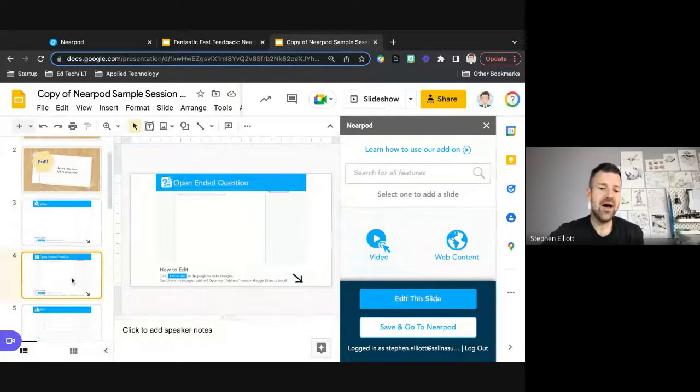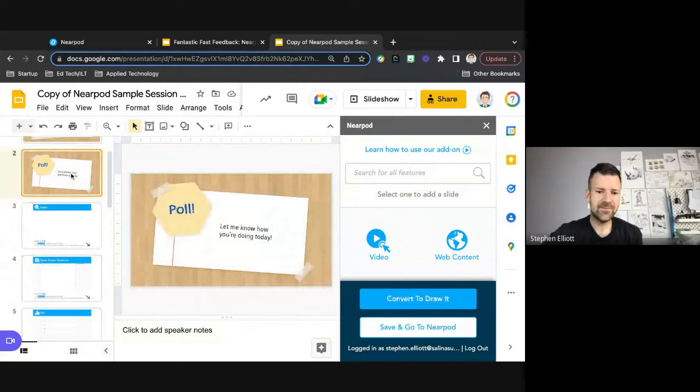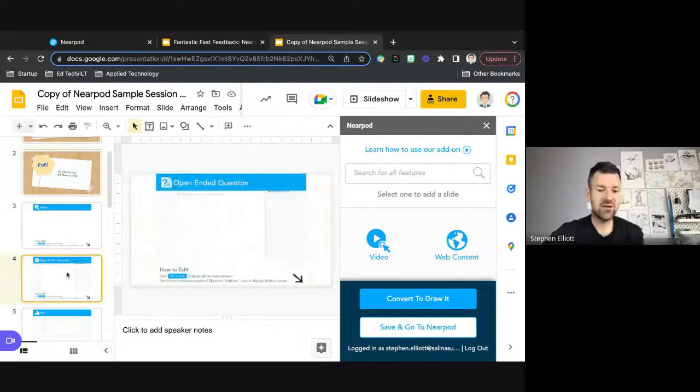So the thing that I can also do, there we go. If I want to change, for example, my question, I can go to edit this slide. So you'll notice I can convert to a Draw It by just taking the slide that I like and changing it. But then I can also edit something I already created by clicking edit this slide. And when I click on it,